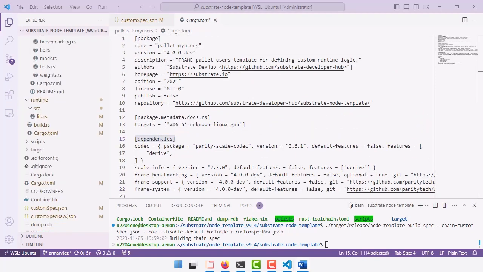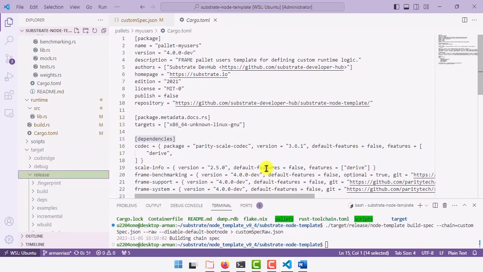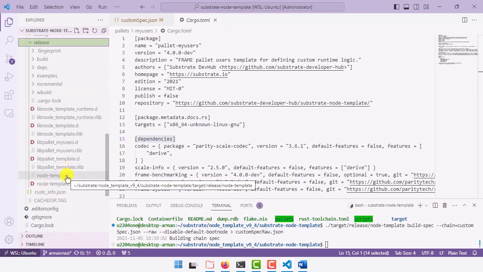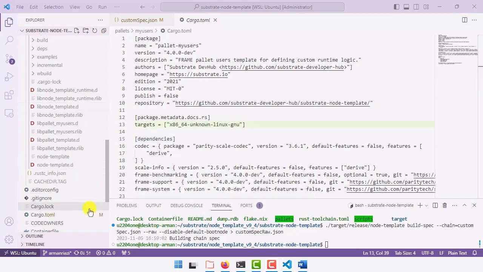Let me talk as a side note. Why I told you we need to have a good system or a strong infrastructure, because after you run the cargo release command, it really takes time to generate and release your work here. It's really heavily processed. The Rust compiler will need more time to generate your final release file. And after that, you can use a node template in your command to run node 1 or node 2. I suggest you